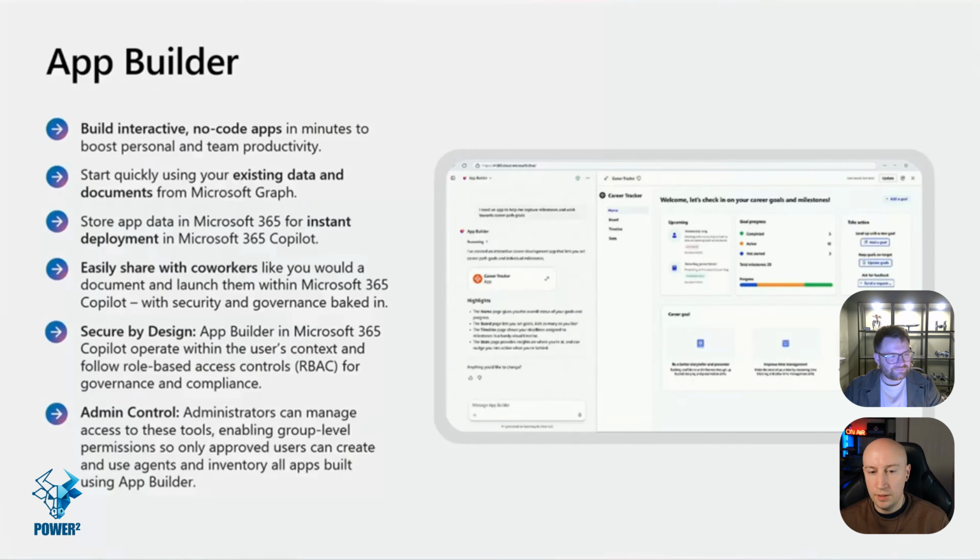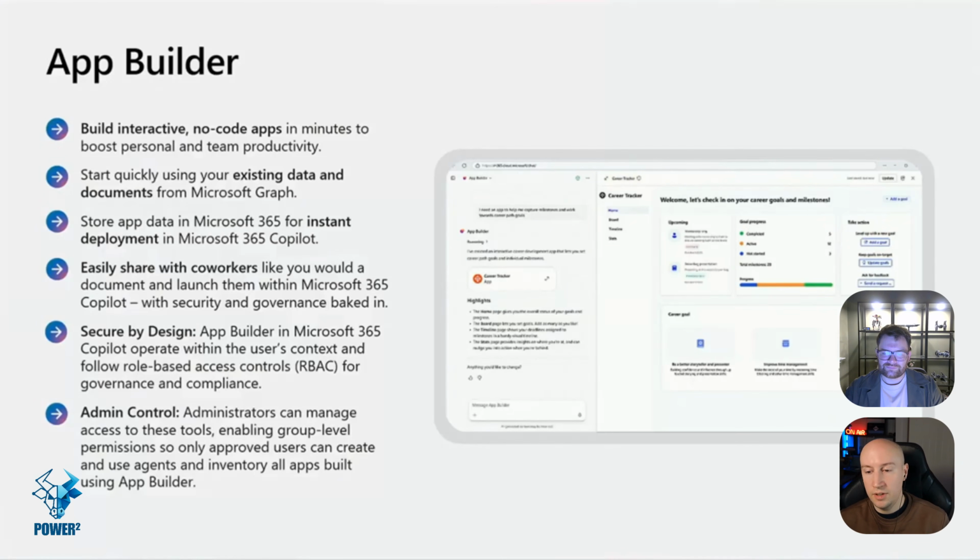From the perspective of building the app and sharing the app, well, there are some things you can do. It does say easily share with coworkers. You would expect to be able to have some sharing controls in there. I'm not sure if those sharing controls do exist yet. It does say with security and governance baked in. One thing I do know is that you can control who's able to build things. So you could say it's completely blocked, of course, and no one can build any App Builder apps. Or you could limit it to groups. So you might decide, let's pilot it with a group of people. They can use App Builder and then see how it goes and see what kind of governance we find around it and whether it's working for our organization.